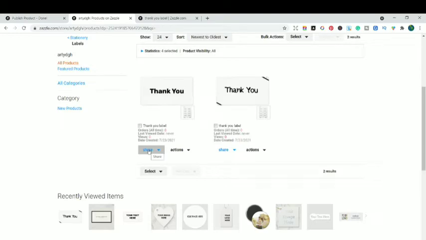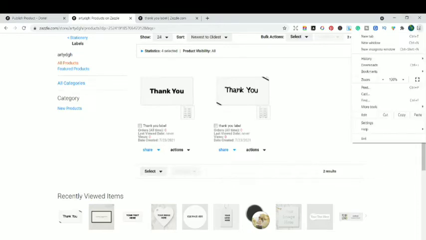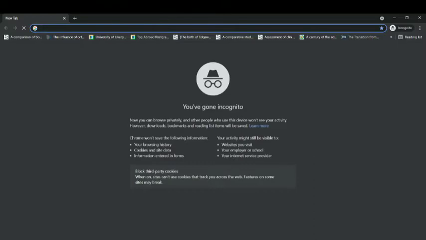So I'm gonna open this design in an incognito window to show you exactly what I really mean by that. So I'll just copy the link of this design, and then I'm gonna go over to the incognito window because I haven't signed in there.